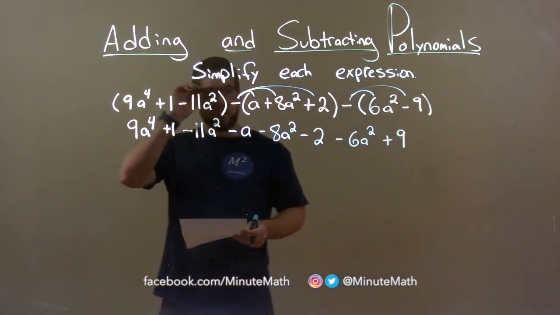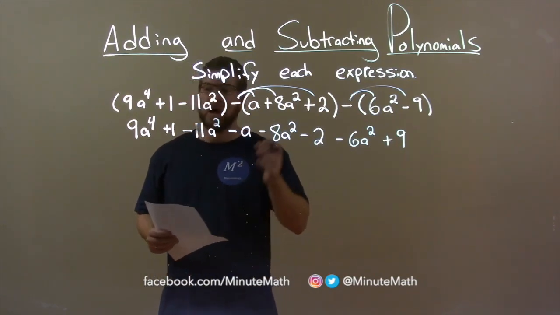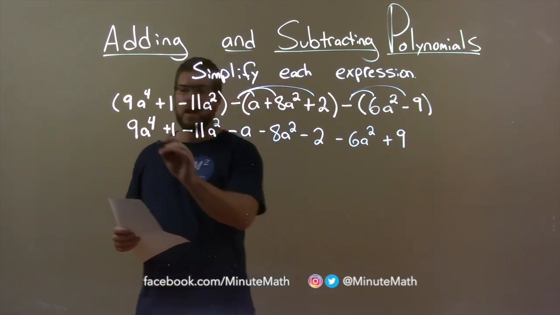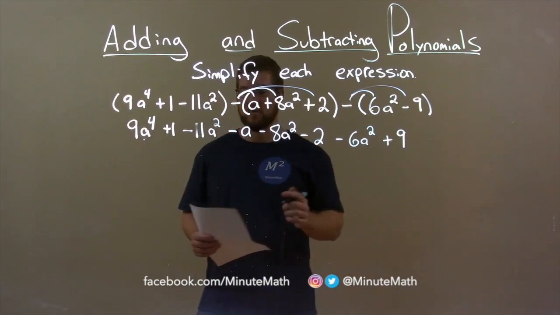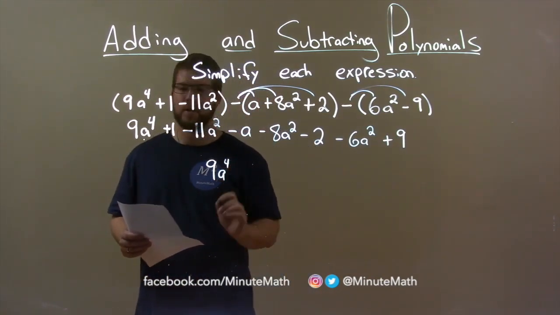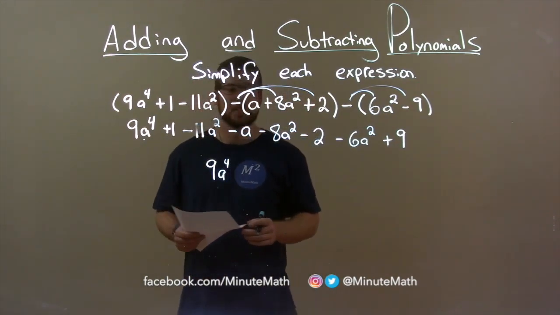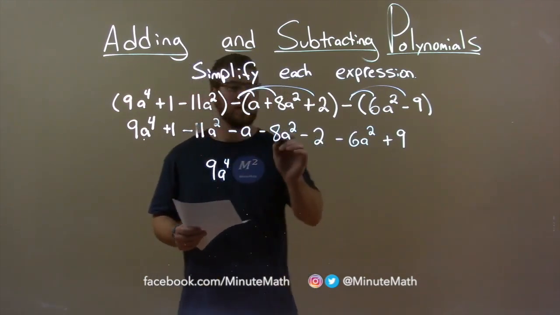So now I want to combine my like terms, and let's start with our highest degree here. Highest degree is 9a to the 4th power. I put a dot underneath to show that I'm going to bring it down. I don't see anything else to the 4th power, so it just comes down here. 9a to the 4th. Okay? Next highest degree I see here is a squared, and we have 3 of them, right? We have 11a squared, 8a squared,